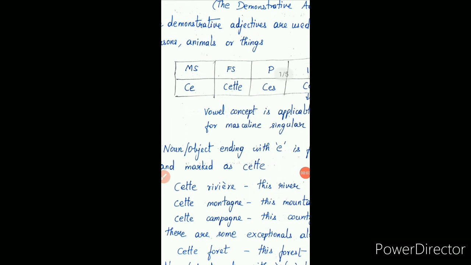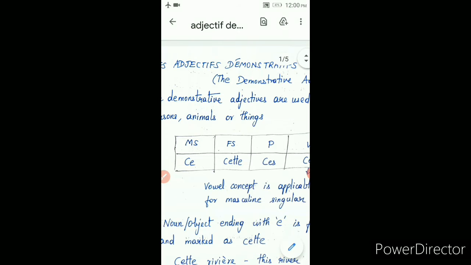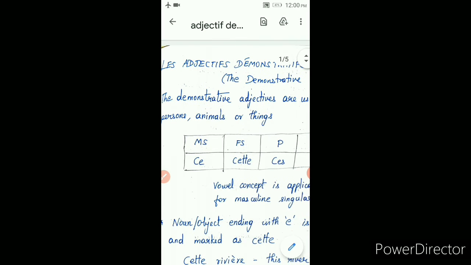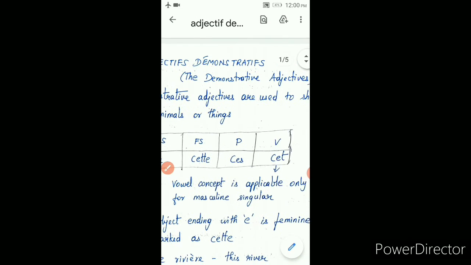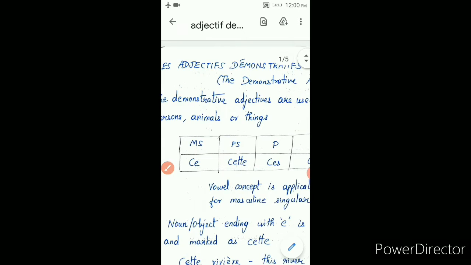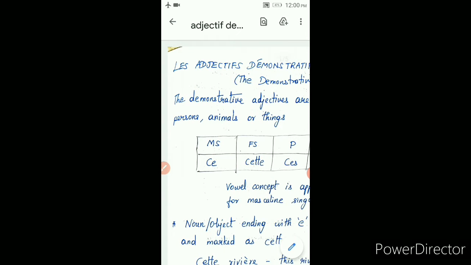Bonjour tout le monde. Today let us see an important grammar topic in lesson 3. It is les adjectifs démonstratifs, the demonstrative adjectives. Very important. You can definitely expect this grammar either in 2 marks or in 4 marks, or sometimes even in MCQ multiple choice questions they will ask this grammar. Okay, so